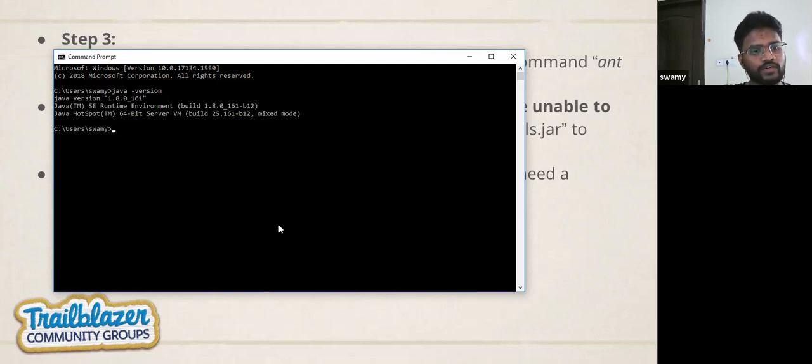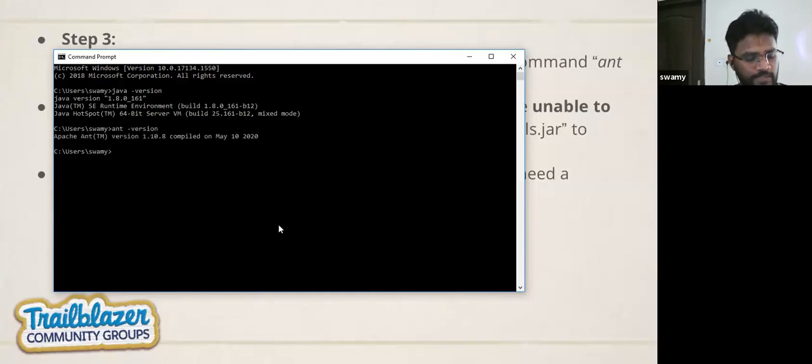And now I can check whether I have Ant installed properly or not by writing ant -version. Yes, it is installed properly. Compiled on May 10.